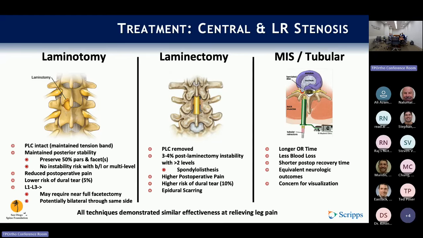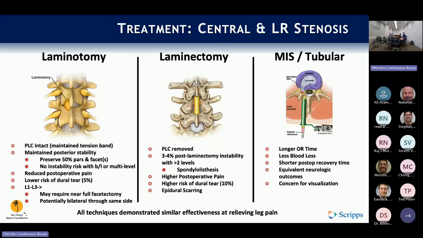You have your laminotomies, which essentially spare the PLC, and you can maintain your posterior stability, especially if you don't take more than 50% of the facets. You have reduced postoperative pain and a low risk of dural tear. And then you move over to your laminectomies. Again, this is a little bit more invasive, essentially removing the posterior complex. And so you have an increased risk of instability, especially if you take more than 2 levels. These patients also have higher postoperative pain compared to laminotomy, a higher risk of dural tear